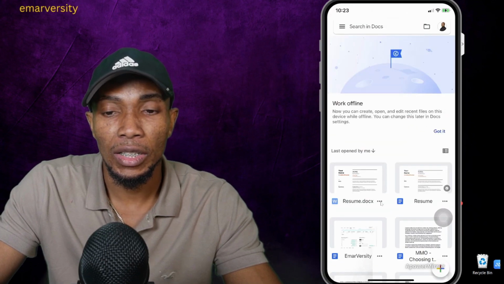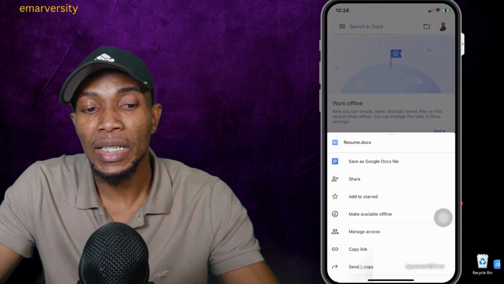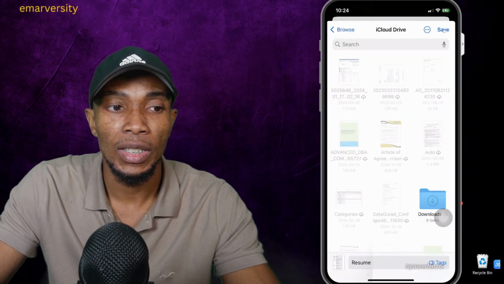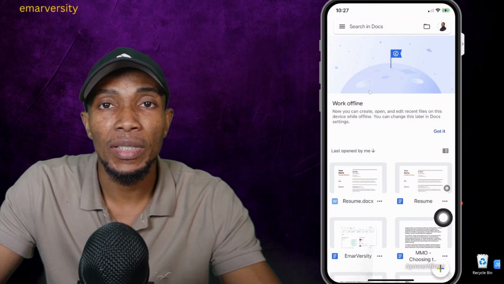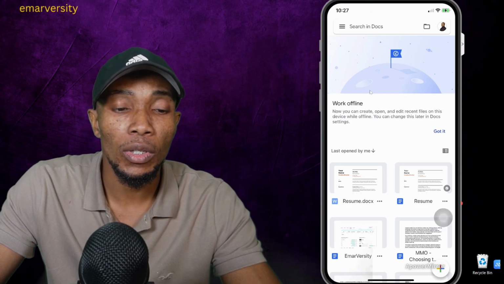Now select the little menu icon, the three little dots. Then scroll down and select send copy. And then what you're going to do is save it to your files. Select save. Then the next step is that you're going to go to sodapdf.com to upload that Word document and